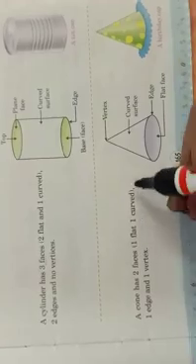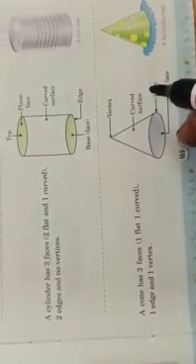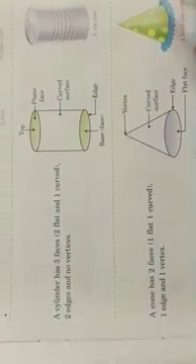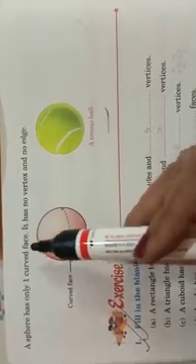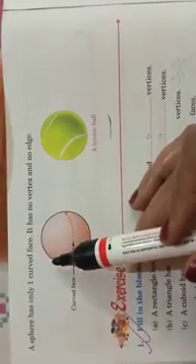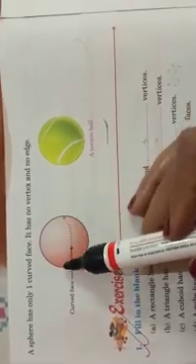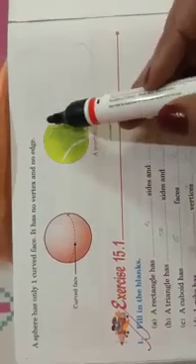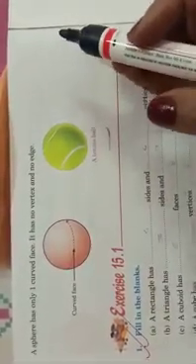Now, see what is in a cone. A cone has 2 faces, one flat, one curved, 1 edge and 1 vertex. Examples of a cone are an ice cream cone, that softie you are eating, a birthday cap, etc. So, children, look here, it is a sphere, and in a sphere there are no vertices, no edges, only a curved face. Examples of a sphere are a tennis ball or any ball, etc.